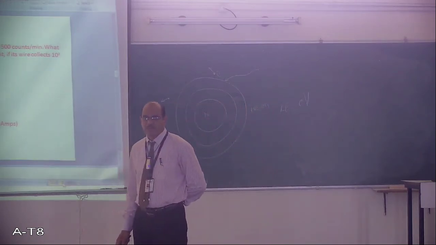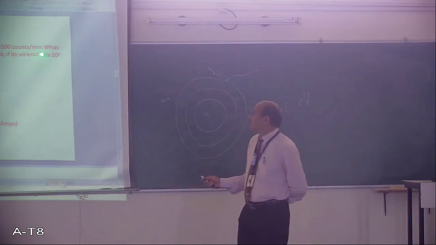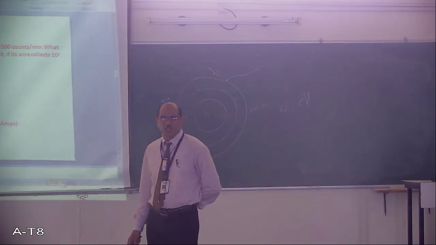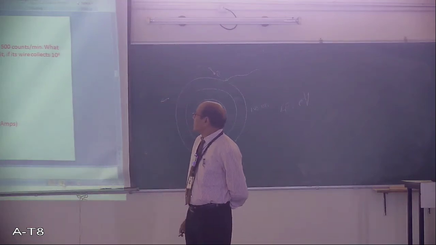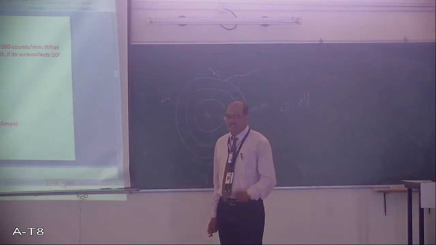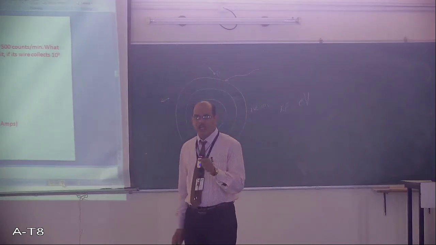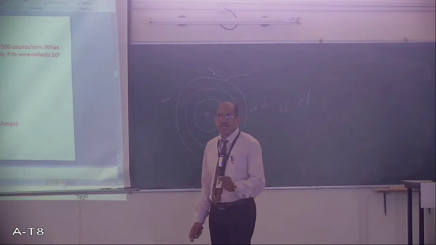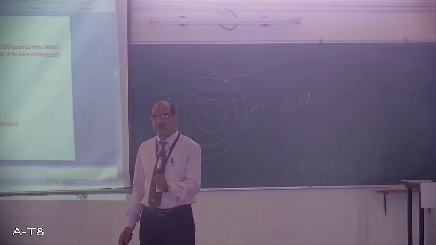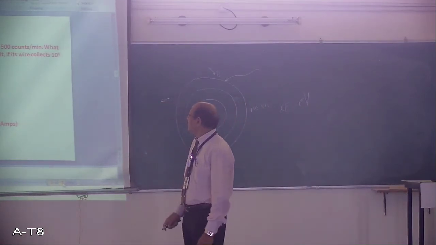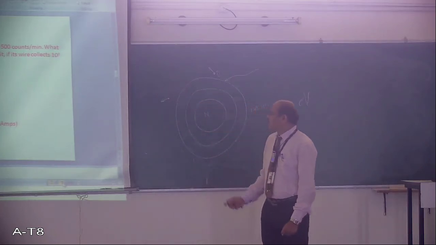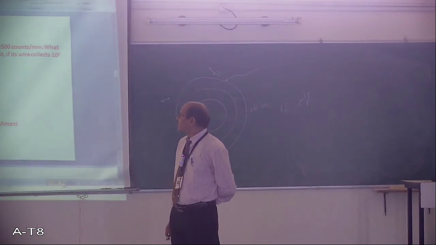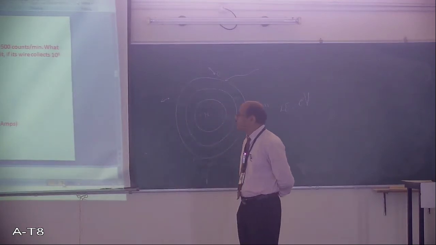Students, remember the system given, per minute time given. What will be the average current in the circuit, average current to be calculated? If its wire, in the sense the central electrode, anode, collects 10⁸ electrons per discharge, in the sense for one pulse, the electrons collected are 10⁸. Okay, then what will be the average current in the circuit? So that is to be calculated.